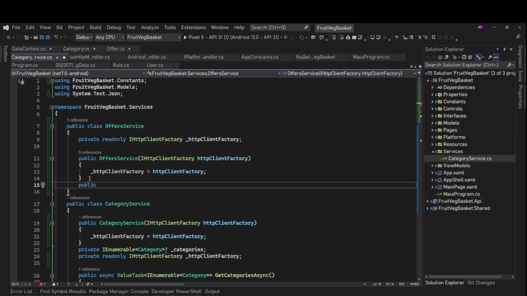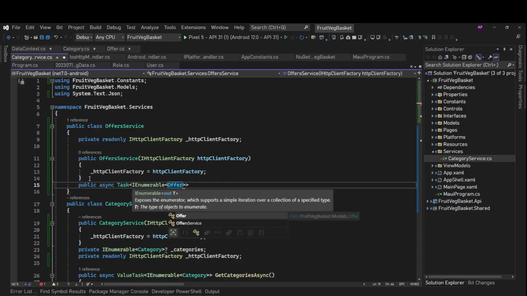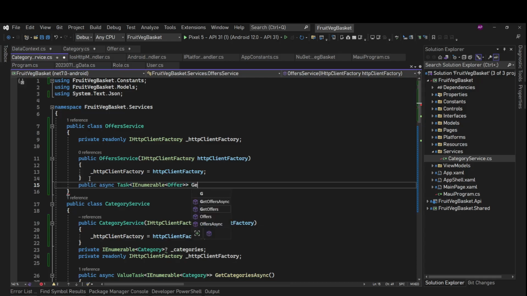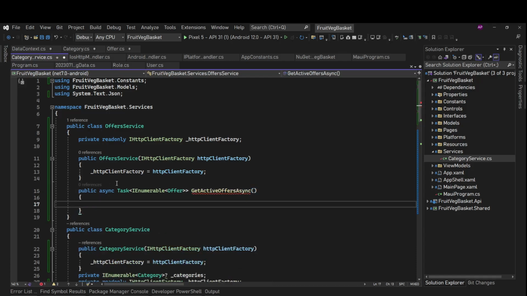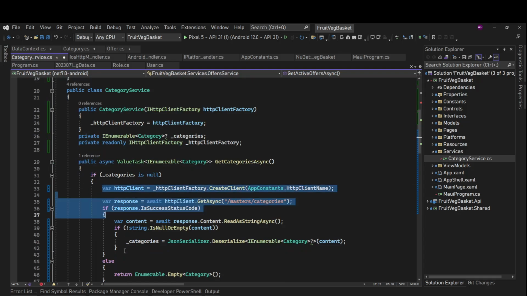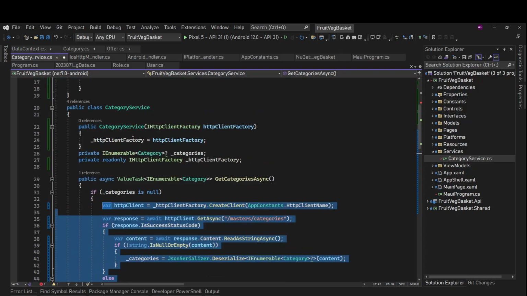So we'll say public async Task, and it is going to return an IEnumerable of Offers. We'll call it GetActiveOffersAsync. We'll just get active offers, and then we'll follow the same approach here.